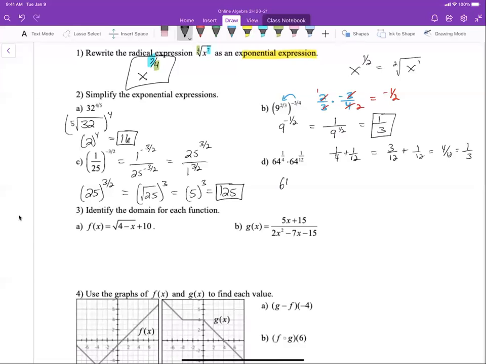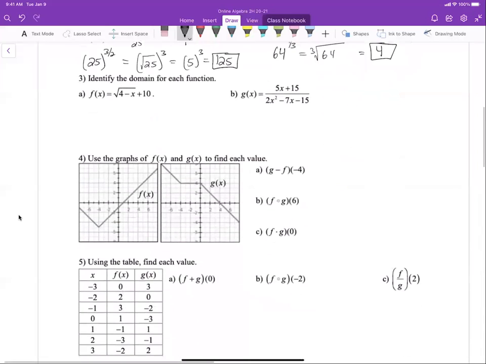So this becomes 64 to the 1/3 power, which is the same as the cubed root of 64. What times itself 3 times is 64, and that is equal to 4 times 4. 16 times 4 is 64, so the answer is 4. Okay,